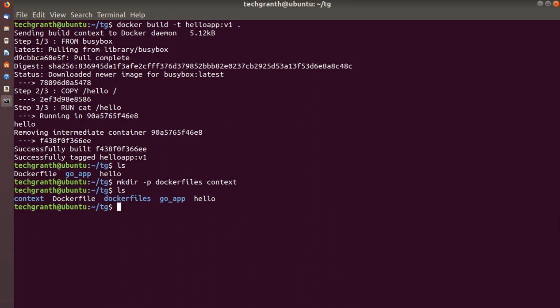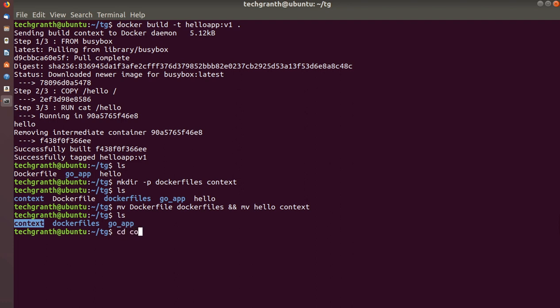Now we will move this Dockerfile to dockerfiles and hello to the context directory. Press enter. Now if we go to this context, we have hello here. So we'll just go back to the last directory.